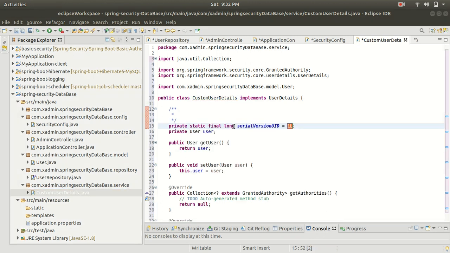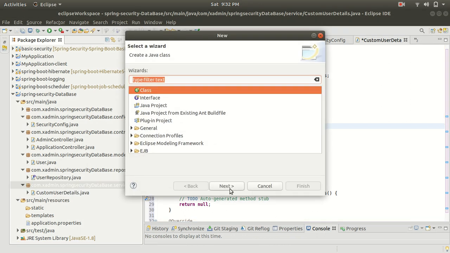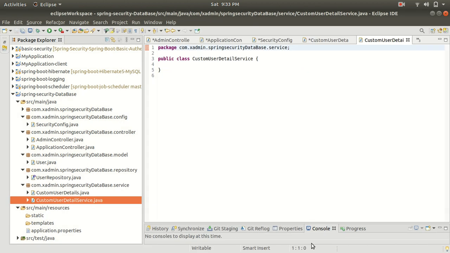All right, so now guys, I am going to create one more class, the CustomUserDetailService class. So let me add one more class inside our service package, CustomUserDetailService.